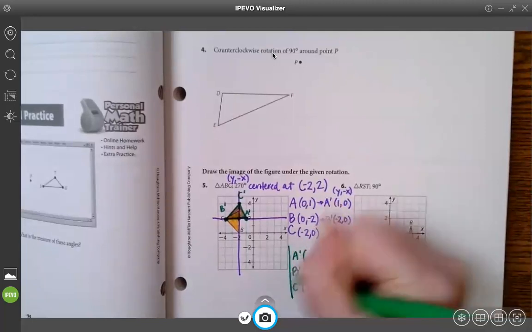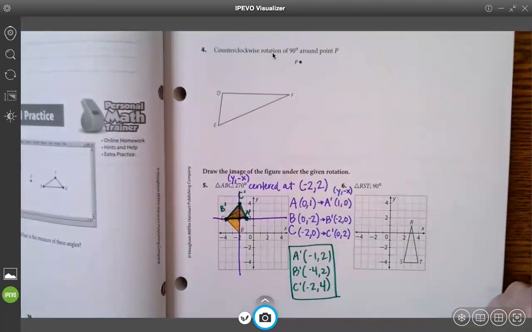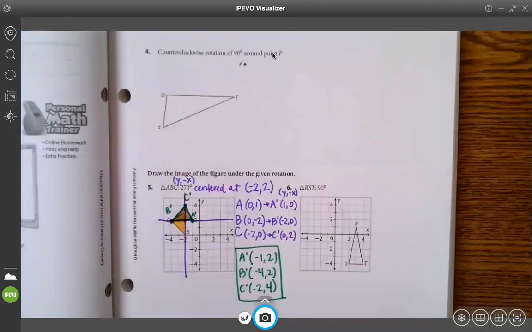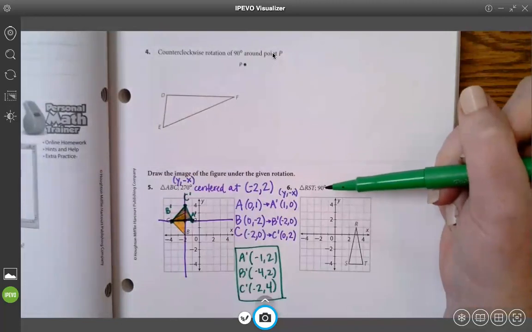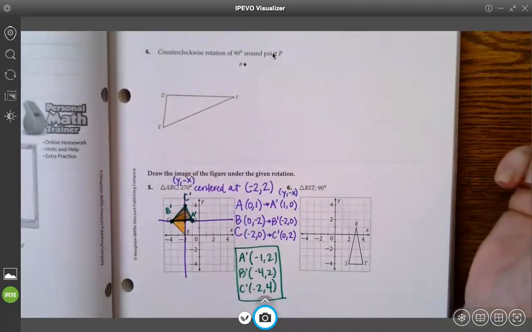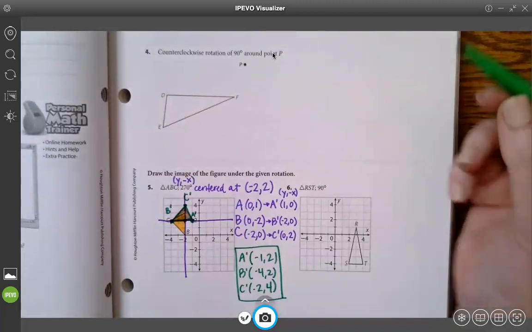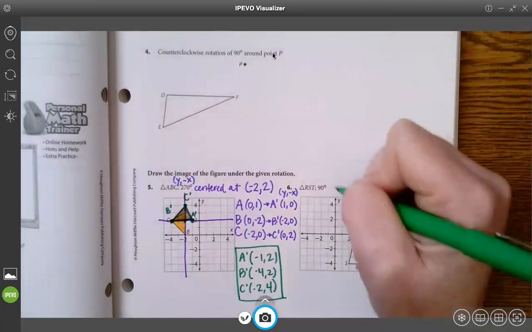And that's how you perform a rotation around some point other than 0, 0. Let's do another example on number 6. So on number 6, we're going to rotate it. It says 90 degrees. I'm going to throw a couple of extra details in there to make this a more appropriate example for what we want to do. So I want to rotate this 90 degrees clockwise